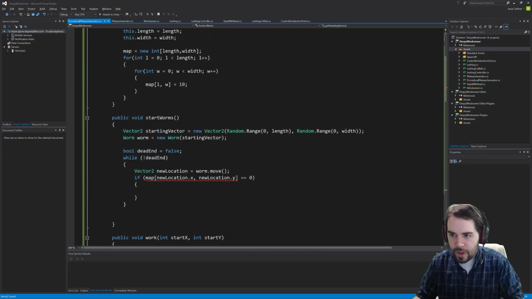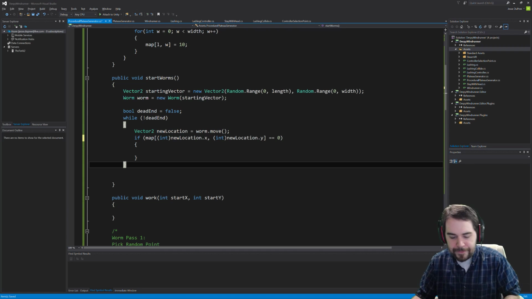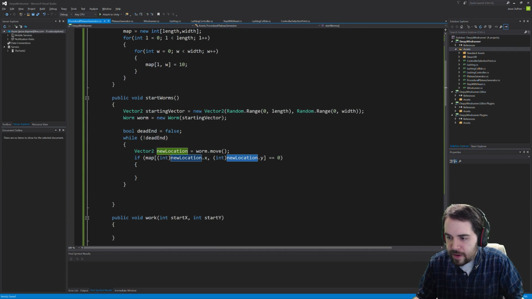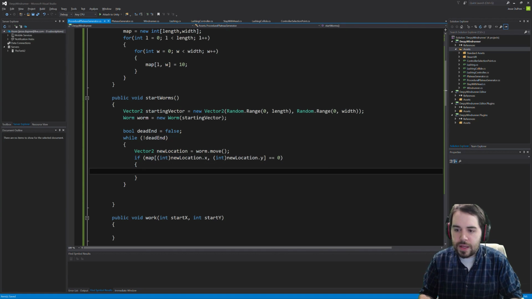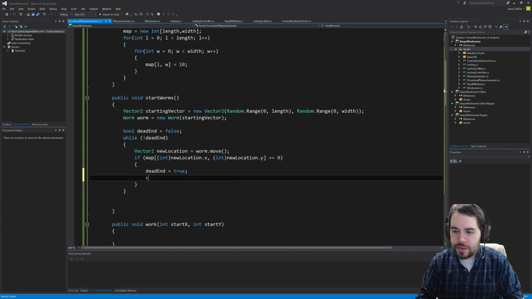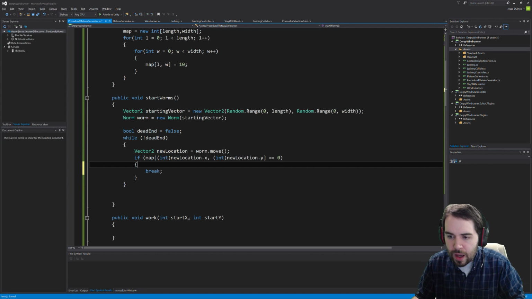Cool. So that should do it. And then now I can just safely convert these to ints at this point. Cool. So if this value and that value equals 0, then dead end equals true. Continue. No, break. Actually, there's just no point. Okay, so otherwise...